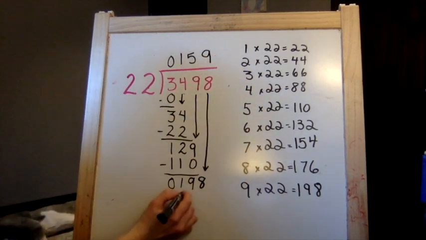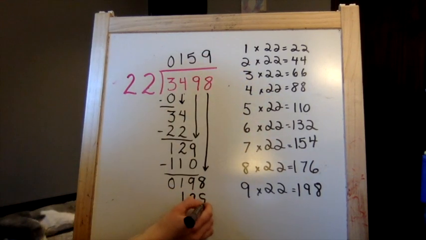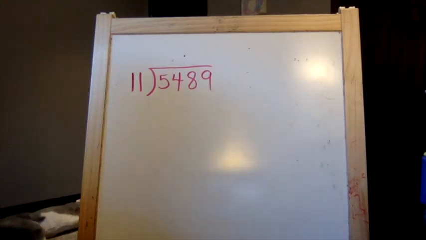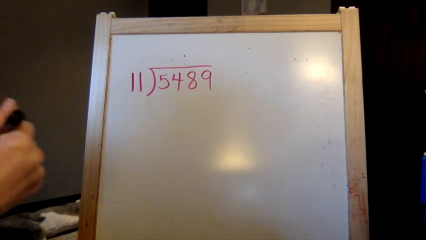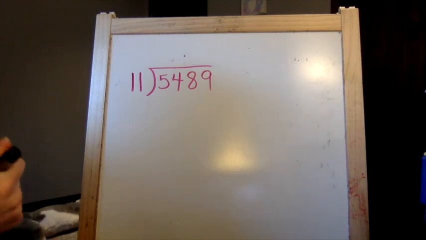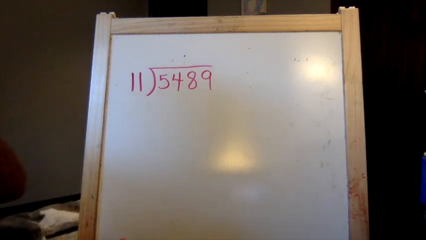22 times 9 is 198, and we subtract to find the difference. Last double digit equation today, we're going to be working through last one, and it is 5,489 divided by 11. So our 11 times tables we have learned, okay, but we might not know all of